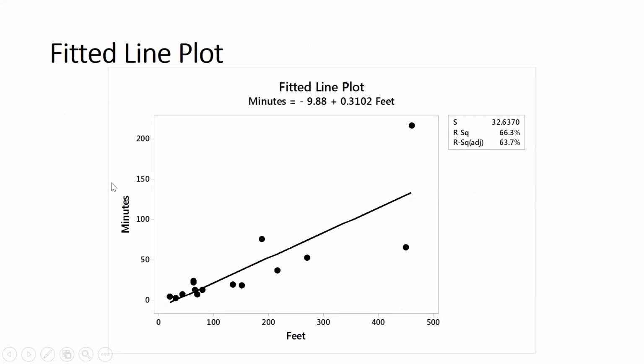So now I'm going to determine whether the model might be appropriate for the data, and I see that I'm looking at a fitted line plot that was generated by Minitab. And initially, when we first looked at the scatter plot, we saw some of this behavior in the model, that it does look like there's a line, but the variability is changing as you increase in feet. So one way to interpret that is that the model is quite good at predicting how long it'll take short trenches to be dug. But when you get into longer trenches, up in the hundreds of feet here, 300 or 400 feet long, the model is not so good.